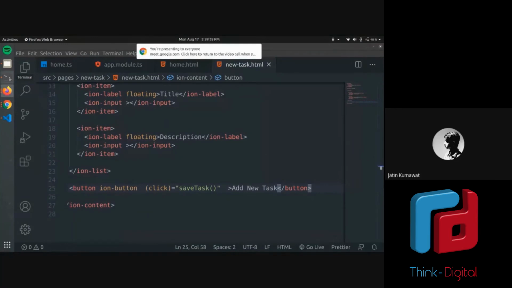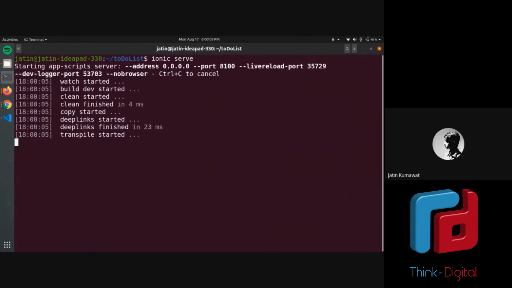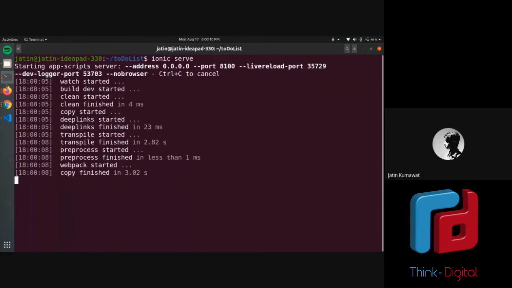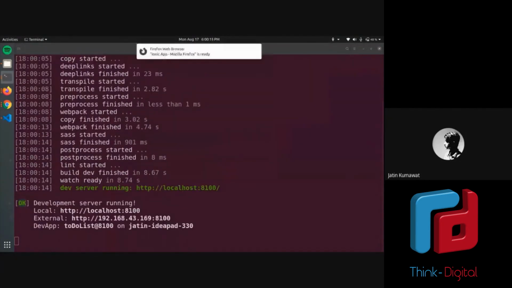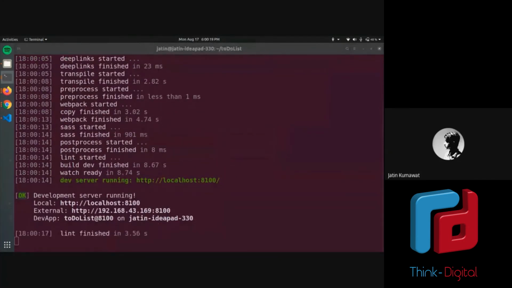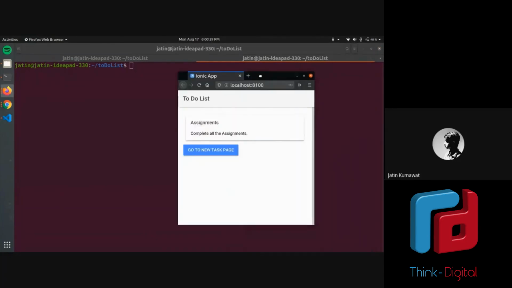I'll just try Ionic serve once again to see if the button is there or not. Okay, as you can see, there is a button.